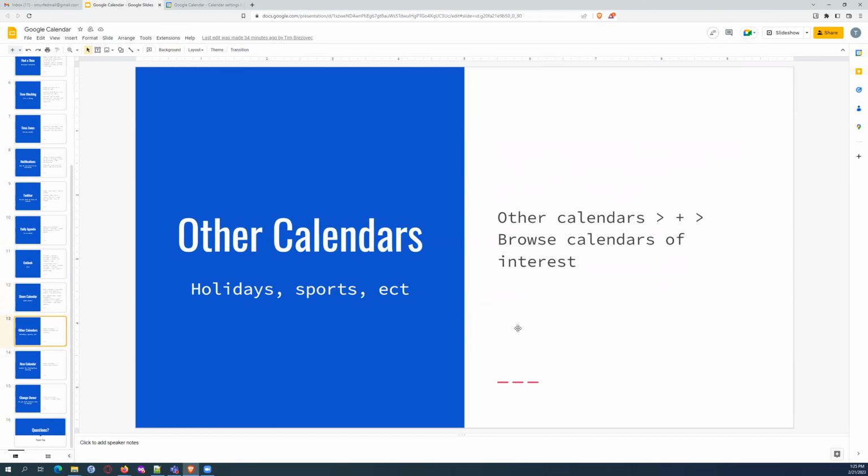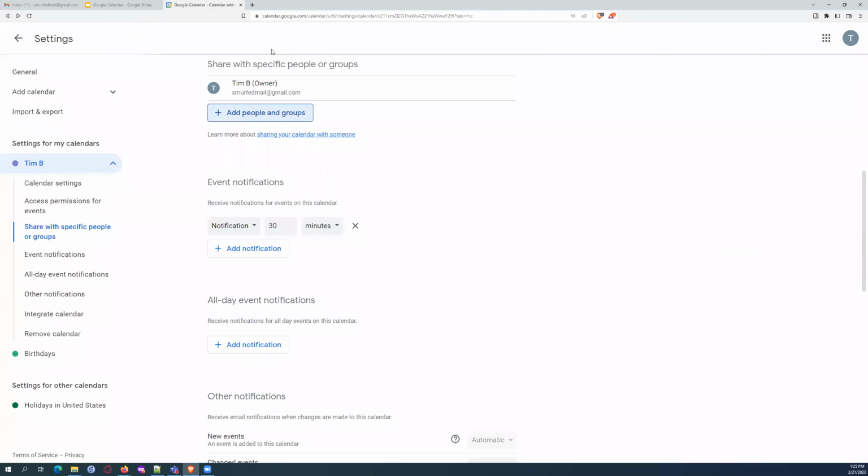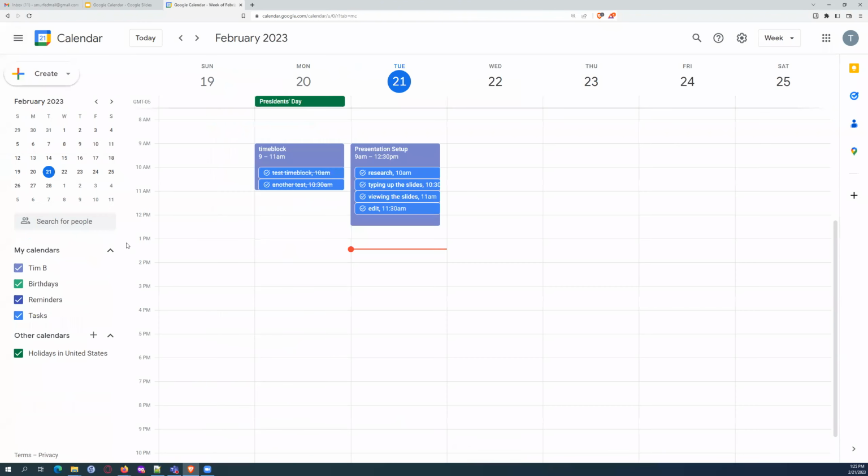Other calendars. So let's just go over here. Under other calendars, you can see in this bottom left-hand corner, there's a little plus button. If you click on this, you have a couple options. You can get other calendars from URL, import, subscribe, create new calendar, browse calendars of interest. If you hit subscribe,